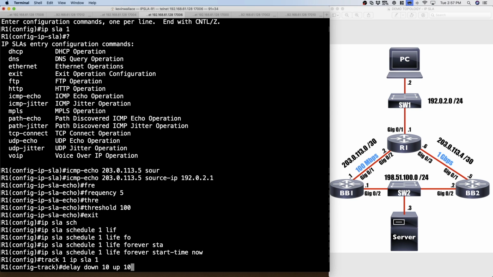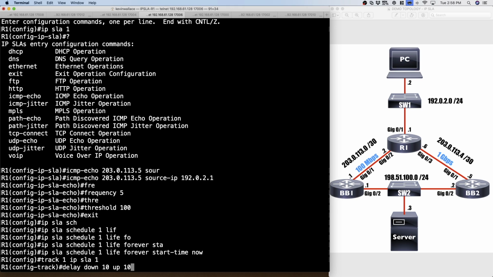The reason I'm saying delay is if I just briefly go over 100 milliseconds, I mean, I'm like 85 milliseconds, 92 milliseconds, and just for a split second, something happened and my delay got up to 105 milliseconds, but it dropped right back down. I don't think that's sufficient enough to reroute everything all of a sudden. I want to make sure that this is a condition that seems to be ongoing. So what I'm going to do is say, don't go to a down state unless this condition of exceeding the threshold has been going on for 10